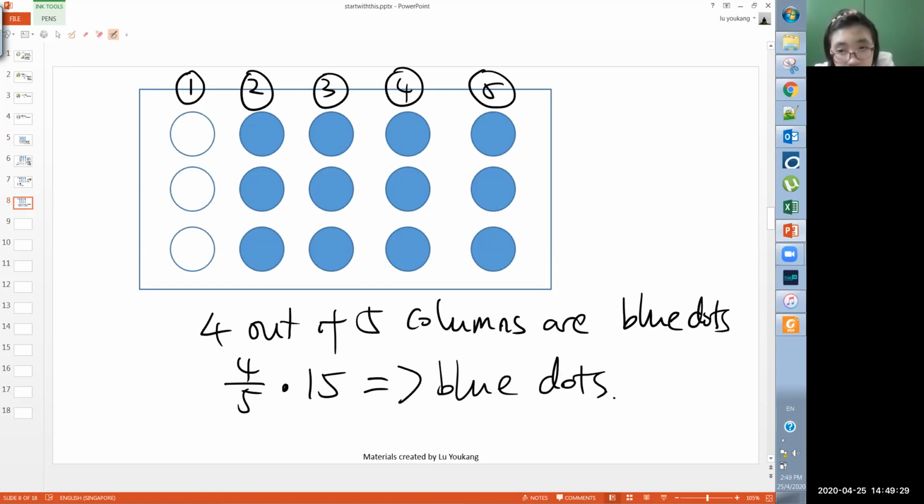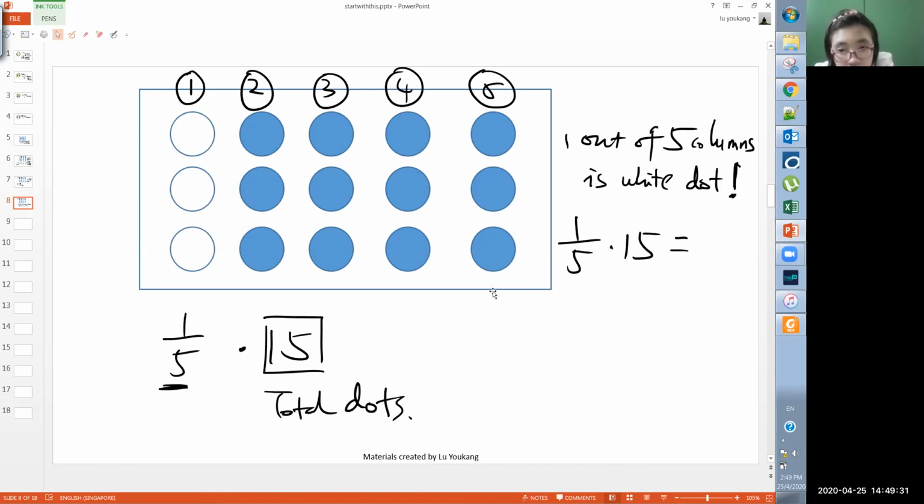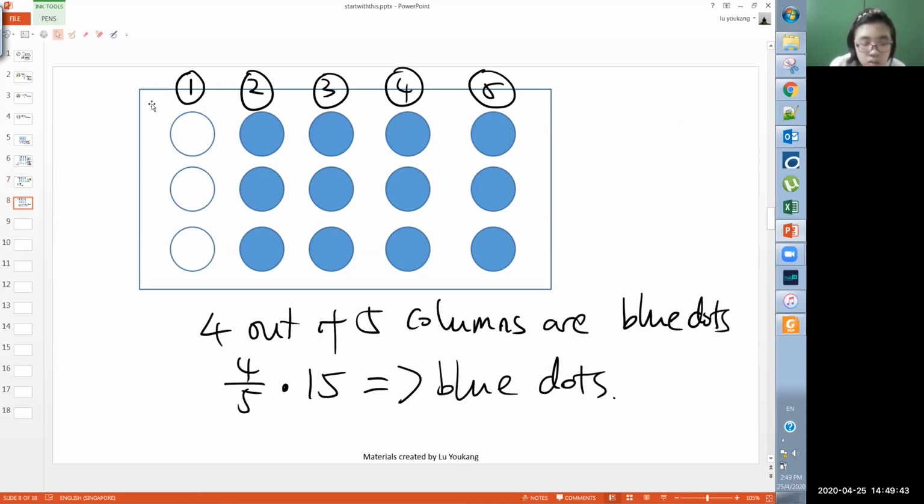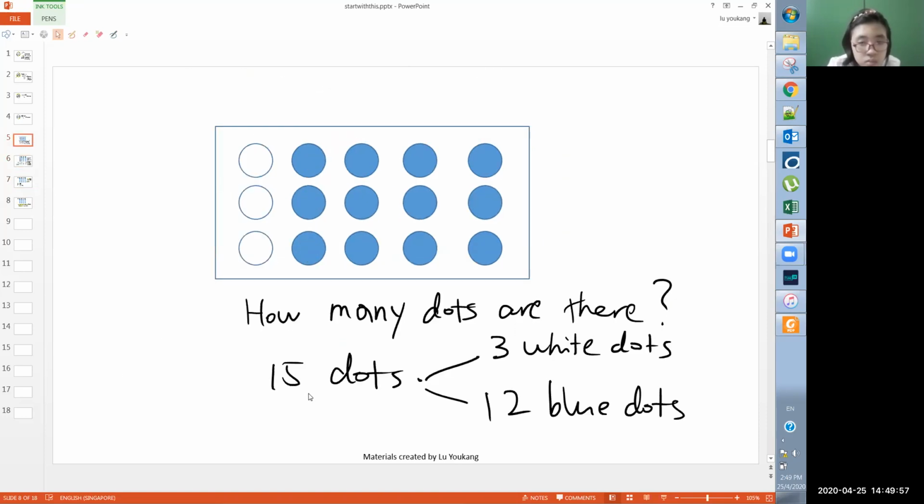Okay? You compare to the previous slide. Previous slide is 1 out of 5 columns is white dot. So I use 1/5 times the total. Okay? So here, 4 out of 5 columns are blue. So that means I use 4/5 times the total. Okay? Therefore, if you look at your question